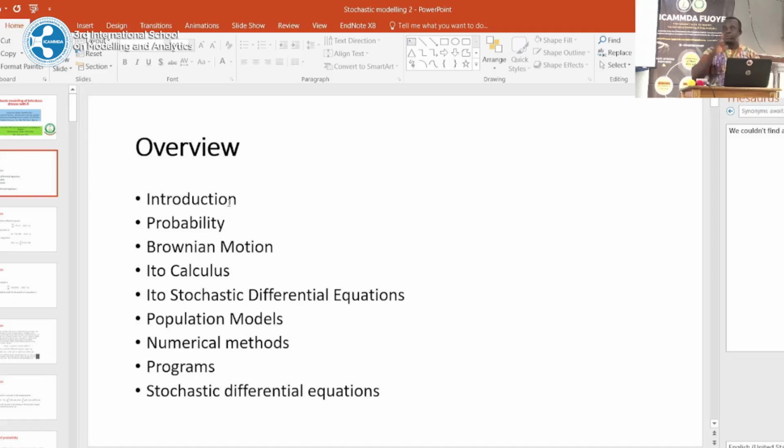Now there are two types of stochastic differential equation. We have the Ito and the Kolmogorov. But I'll be talking about Ito this time, and then maybe in the next year school we'll talk about the Kolmogorov. Now